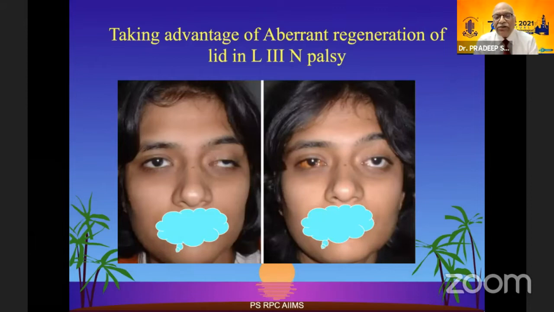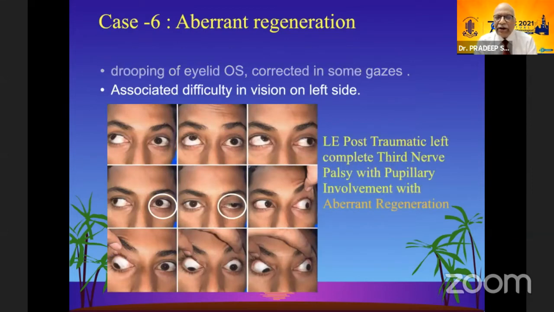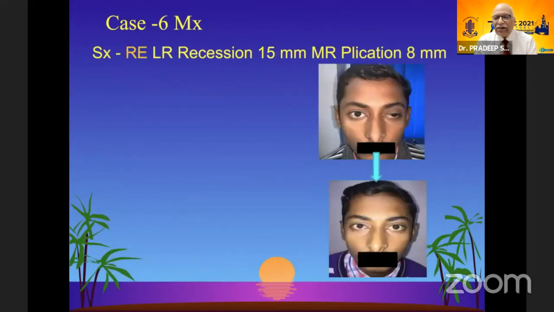But cases in which there is an exotropia along with an aberrant regeneration may have to be counseled, and if they agree, you can operate on the horizontal recti muscles in the so-called normal eye, or the contralateral eye, to do the fixation duress surgery in order to lift the lid, like shown in this case. And this is another example of a 20-year-old male who had this aberrant regeneration, and after the contralateral surgery of LR 15 millimeters and medial rectus plication 8 mm, you can see the correction of the exotropia along with the lifting of the lid in the primary position.